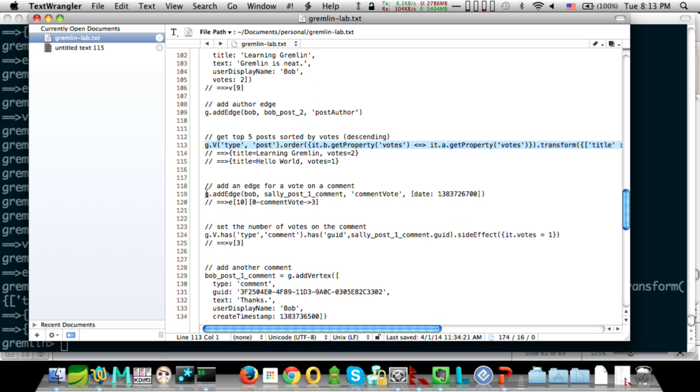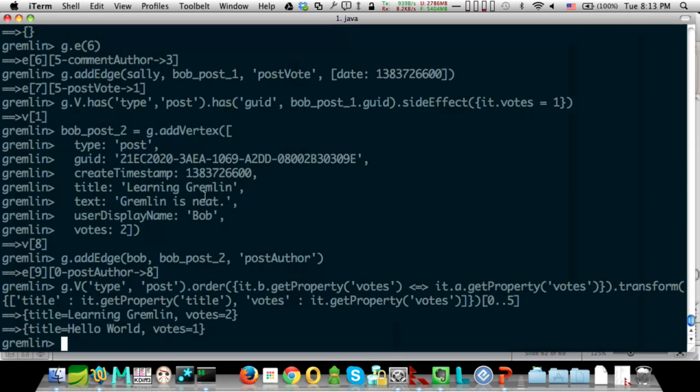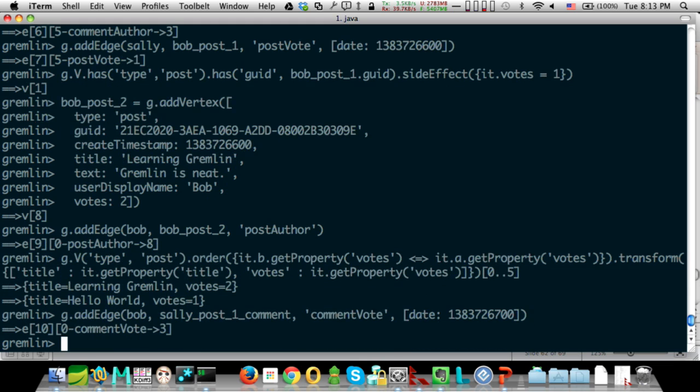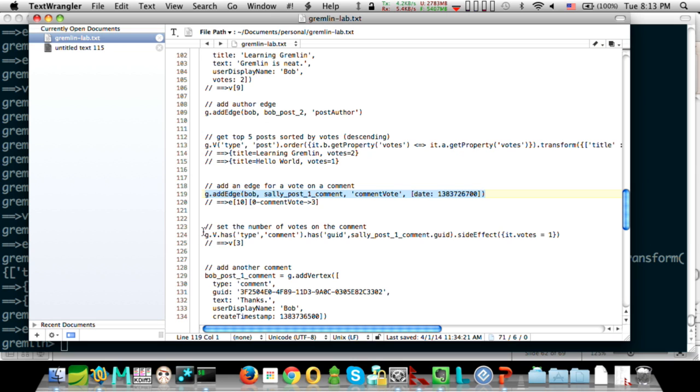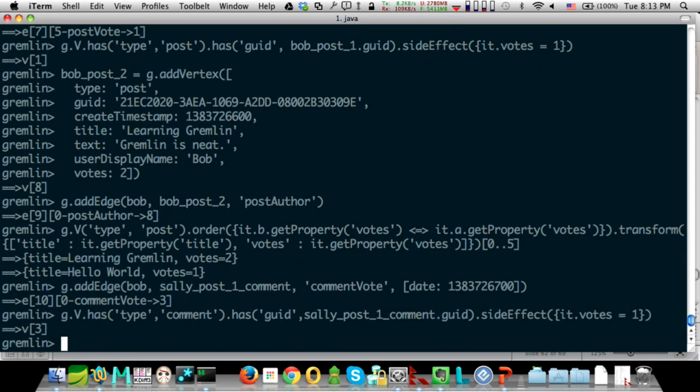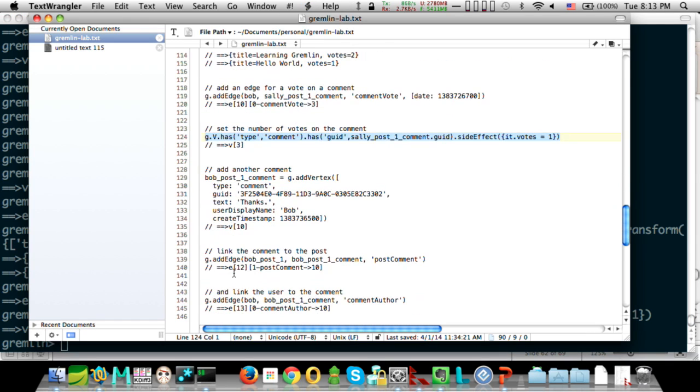All right, so we'll go through here. I don't want to go too much longer and burn into any networking time here. But we can add another vote here. Then we can update the number of votes like we did before. We're just kind of copy and pasting here. And if I'm going a bit fast, don't worry, that link up there has this all laid out. You can literally just copy and paste that file in Gremlin shell, and it will run it all. It's even idempotent. You can keep pasting it over and over again.